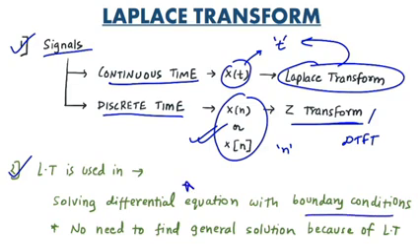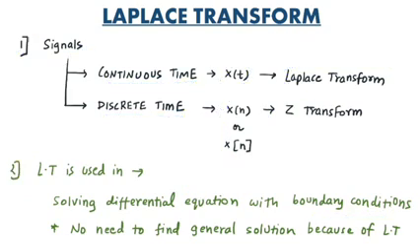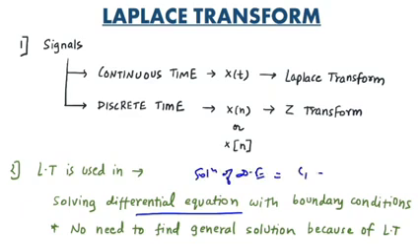Now this is a very important point I want to elaborate here. When you solve the differential equation and you get the final answer, let's say the solution of the differential equation, you get some constant terms C1 and C2. These are nothing but arbitrary constants, and you use the boundary conditions to get C1 and C2, which is a time taking process.